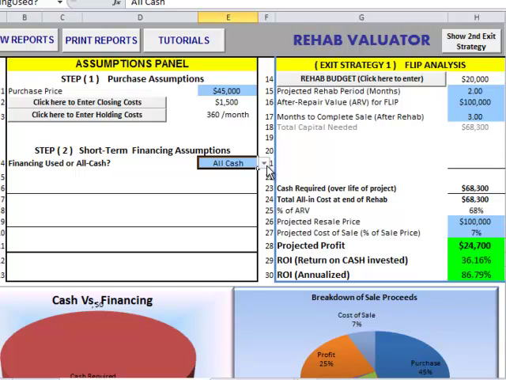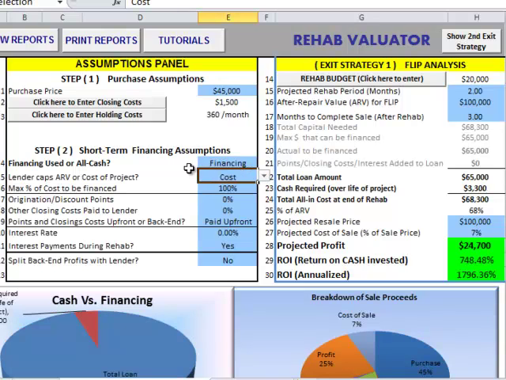I do a lot of my smaller deals with cash, but not everybody's got the cash to do the deal. So let's say you want to get this whole thing financed because it's a strong deal. So you switch this to financing. And then you have an option here whether you want to finance it based on the after repair value or the cost. So you're going to say, I want to get my entire cost of this project financed. So you select cost here,